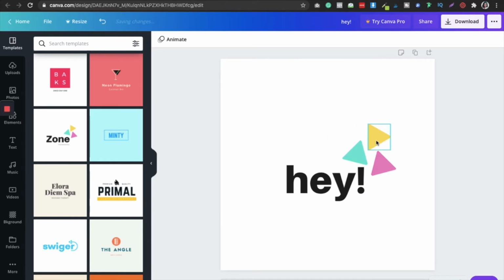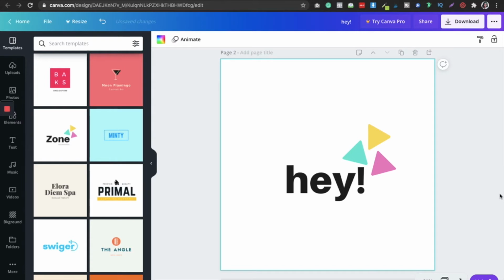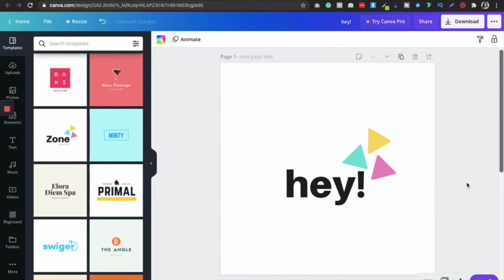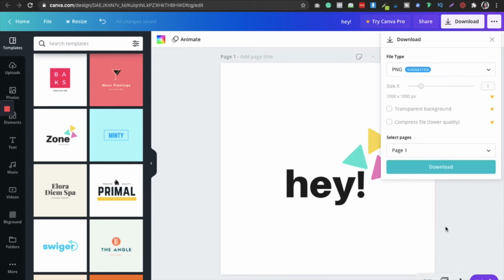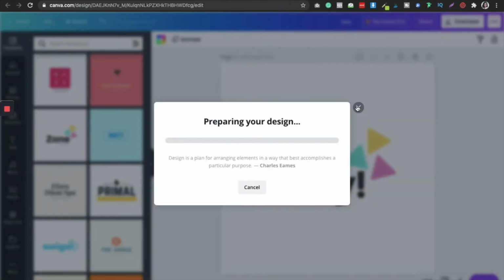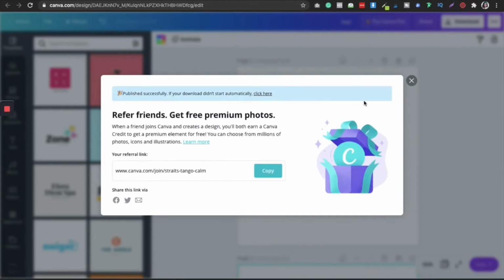Now when it comes to a GIF, it is very important to understand that a GIF is a series of transitions. Okay, how you want your GIF to look, how it should blink. To make the transitions, it is important that we do it here beforehand. So this is one transition. Now I want to copy this, and after copying, you just have to download the first page. You can do it later as well, but I am doing it as I'm working.